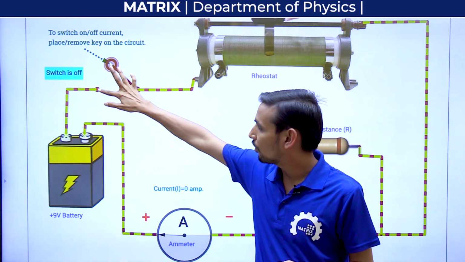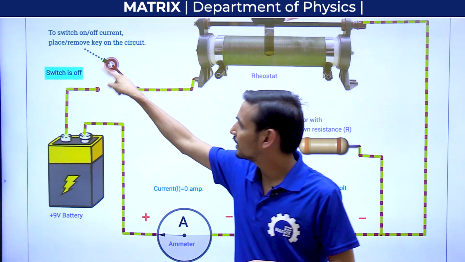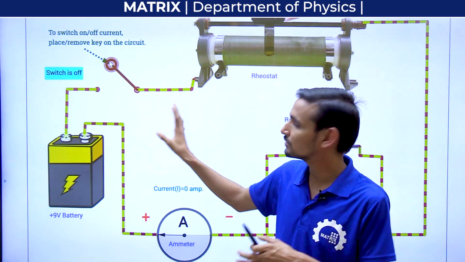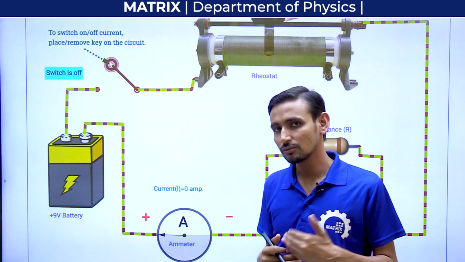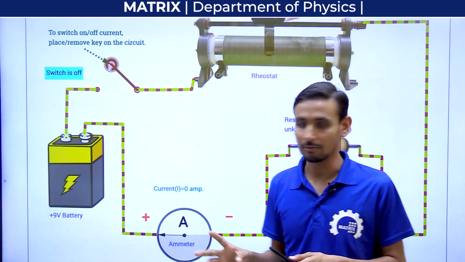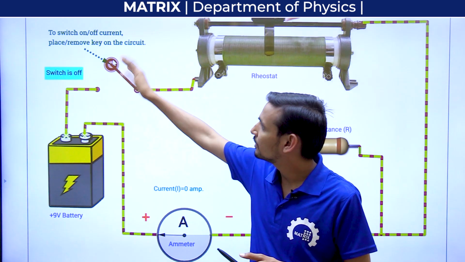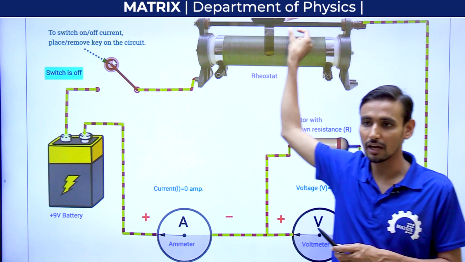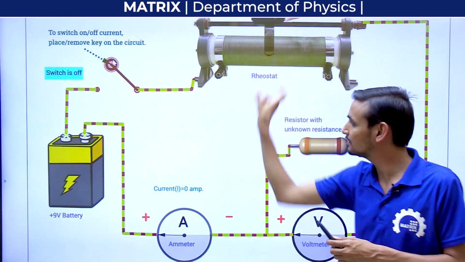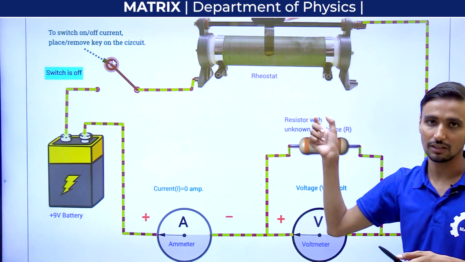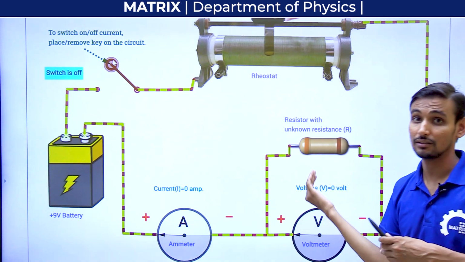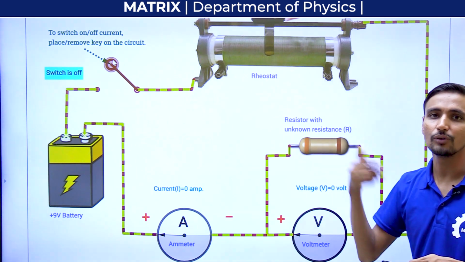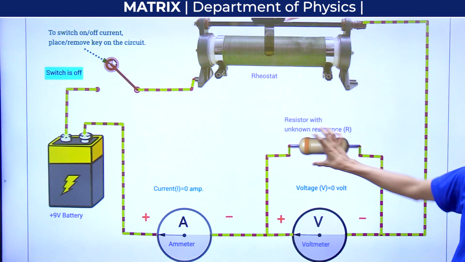The switch is off. To switch it on or off we click it, because this is a simulation of your practical experiment. When you come to offline classes, we will perform the experiment. So this switch is off, and we can turn on this circuit. This is the rheostat, which has a slider. We have to move this slider to adjust the resistance of the rheostat, and as I taught in the apparatus required, a rheostat is a device used for variable resistance.